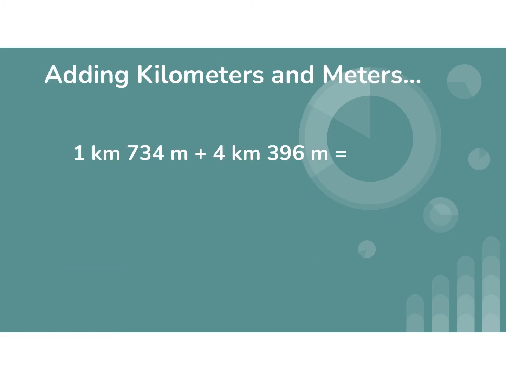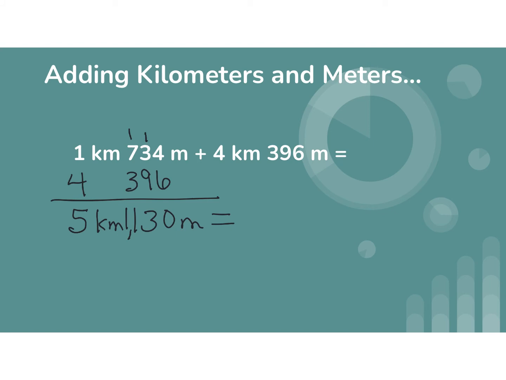Okay, we are going to add kilometers and meters. We're going to go ahead and add them like kilometers to kilometers, meters to meters, but if we have more than 1,000 meters, we might have to change that to kilometers. So let me add this up for you, and then we'll see if we need to change any of the meters to kilometers. Okay, when I add that together, I get 5 kilometers and I get 1,130 meters. So I'm going to take this 1,000 meters right here and change it to kilometers. So then my final answer will be 6 kilometers